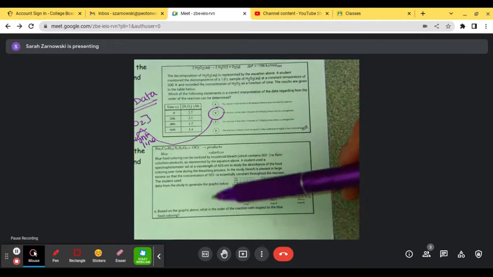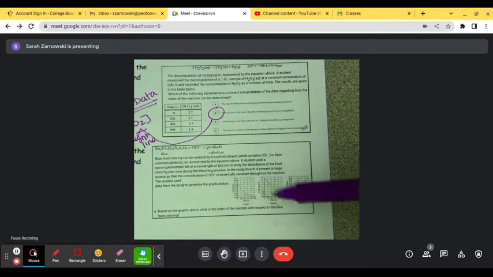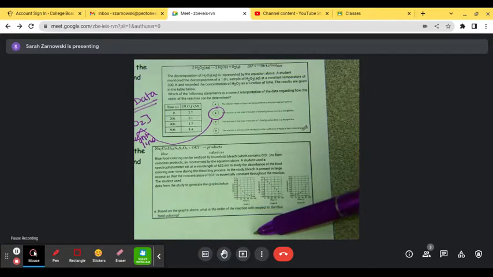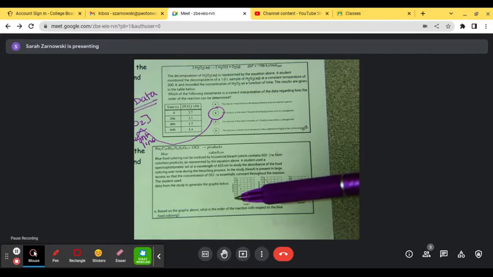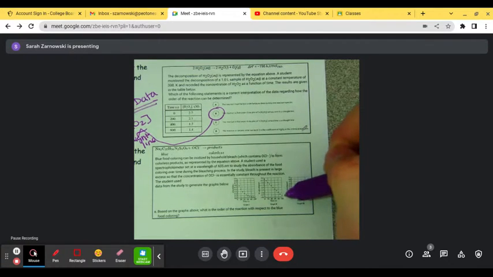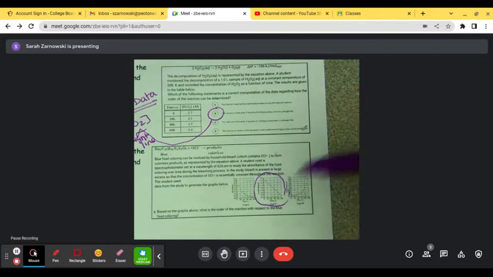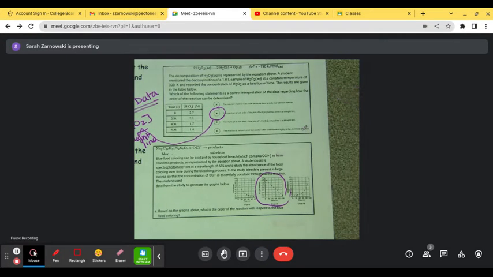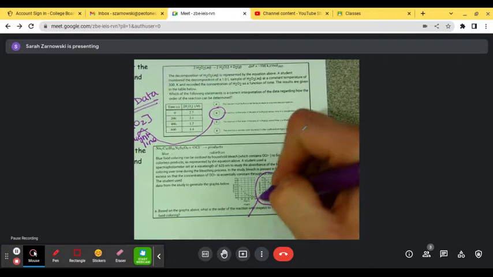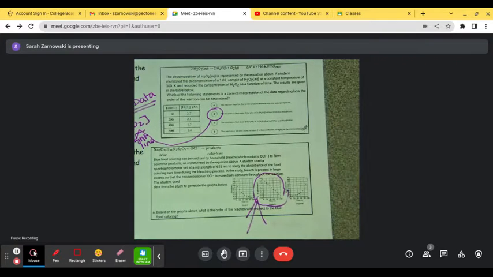the graphs above, what is the order of the reaction with respect to the blue food coloring? Well, all the orders, zero, first, and second, they all show linear lines. So that means I'm going to have to go to the graph that has the linear line. And then we need to figure out what are the units. So then I'm going to go right here. And my units for this are